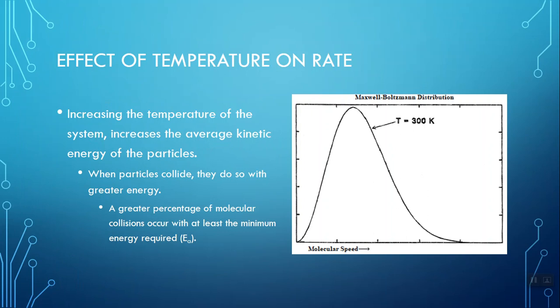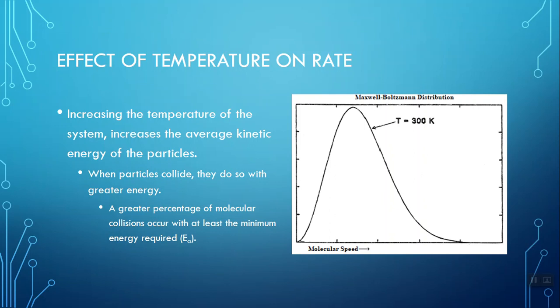So first up is temperature. We know that increasing the temperature of a system increases the average kinetic energy of the particles. So when our particles collide, they do so with greater energy on average. This means that a greater percentage of our collisions occur with at least the activation energy. They occur with at least that minimum amount of energy required in order for the collision to successfully result in reaction. So if we think about this in terms of a Maxwell-Boltzmann distribution, as shown on the right,